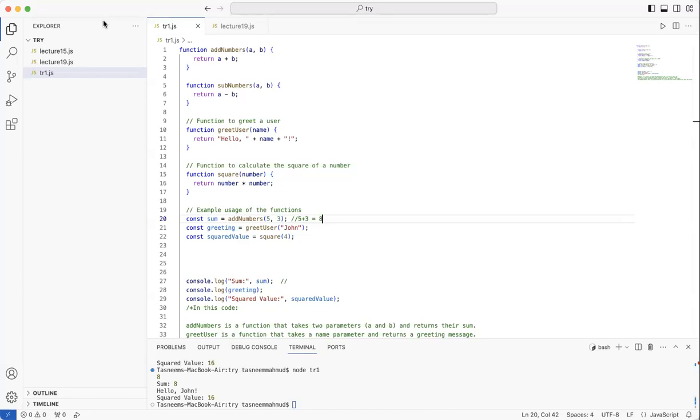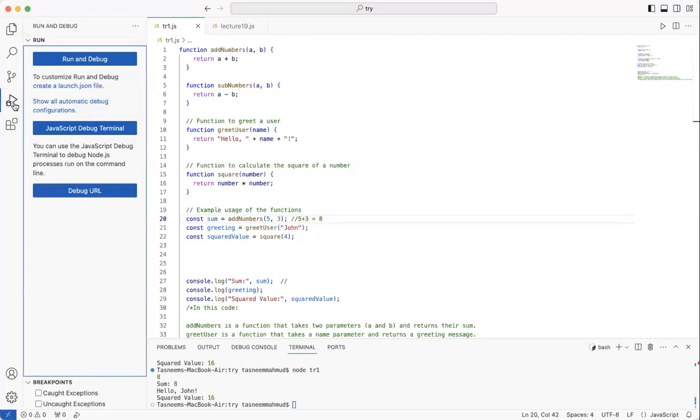To open a debugger, you go to the very left taskbar over here that has 5 icons, which is Explorer, Search, Source Control, and then you have Run and Debug. If ever you're in a different environment or IDE, just look for this small bug sign and a play sign. But for VS Code, let's just focus on this. So you go to Run and Debug. When you click on it, something like this should appear. And afterwards, you press on Run and Debug, and the debugger will be open.